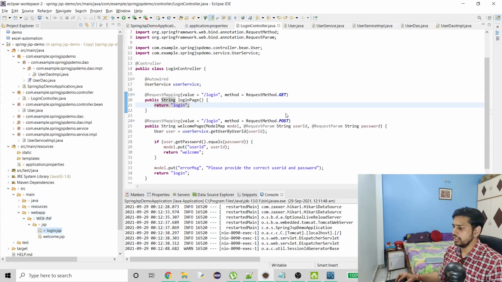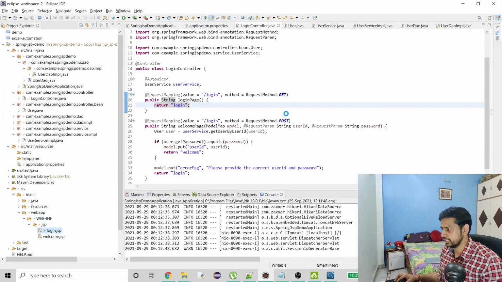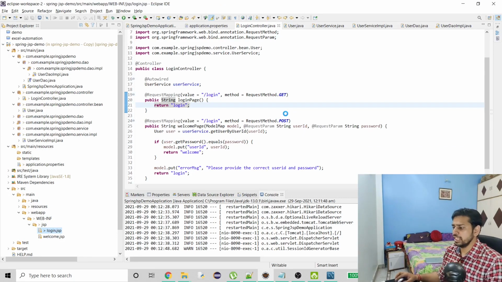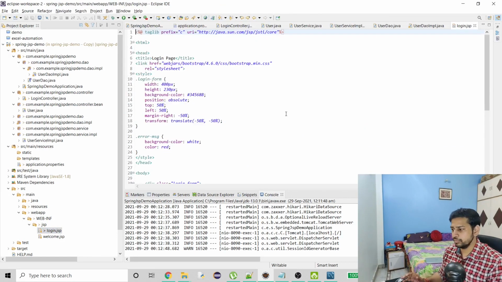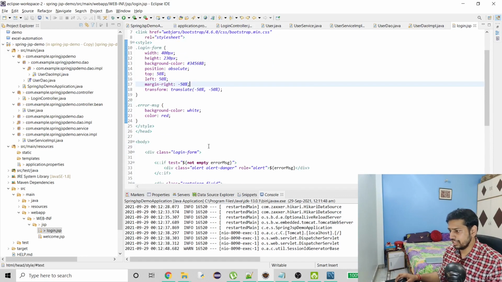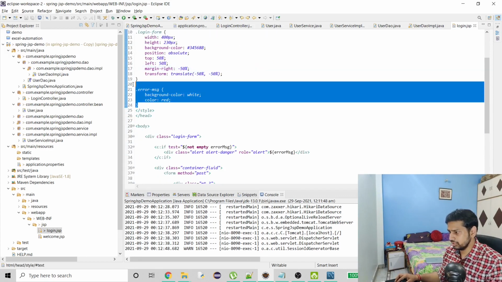In our login.jsp, what changes did I make? I did not actually have to do anything, because making the database store the password and return the password is not related to your UI ever. I just have to work on the error message, and I don't need this.